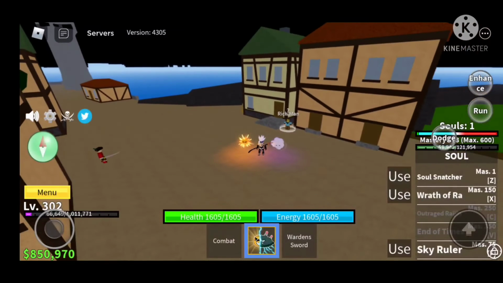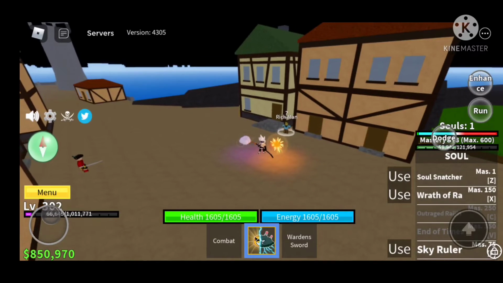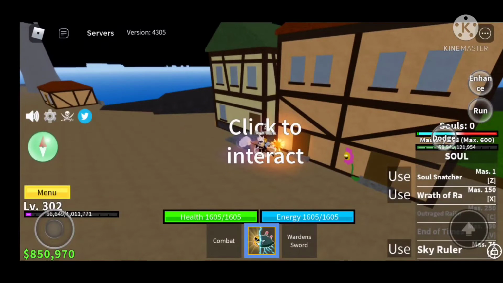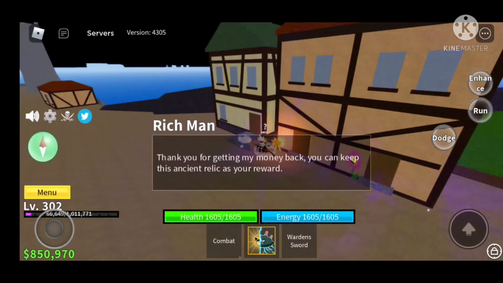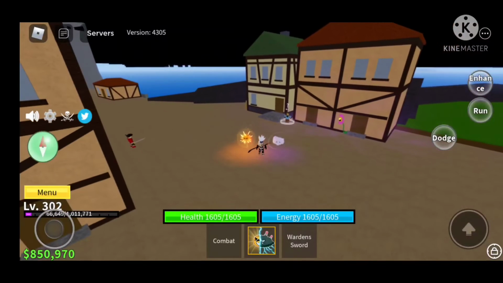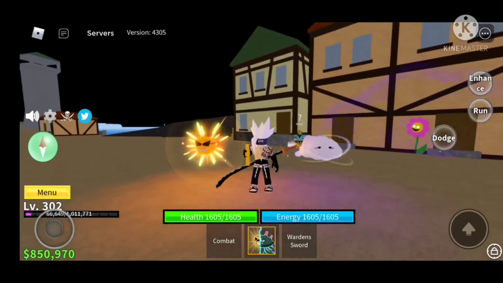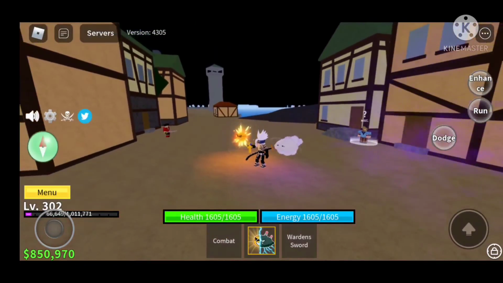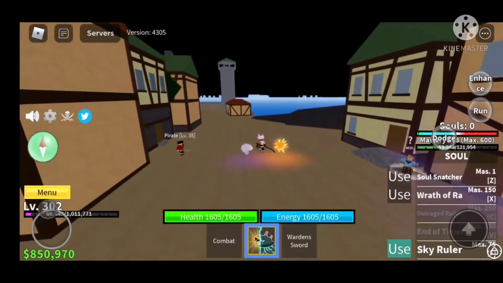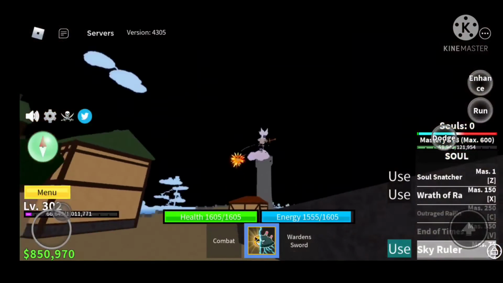and apparently he's got some epic reward for us, and let's see what it is. I keep spawning flowers, man. I don't know why. Thank you for getting my money back. You can keep this ancient relic as a reward. So in inventory, we got a relic. And the relic looks like this. Sweet. And now, when you get this relic, what you're going to do after that is you're going to fly